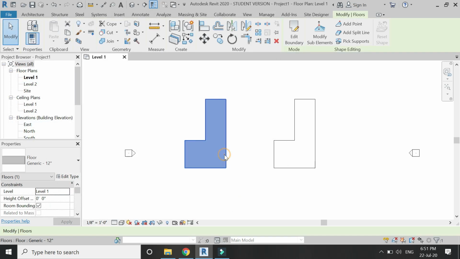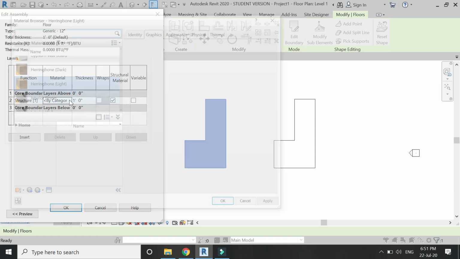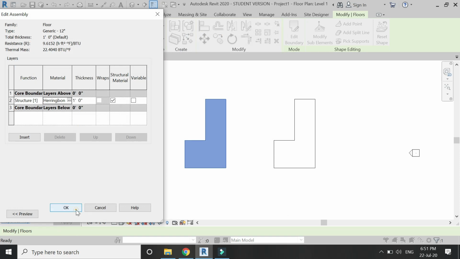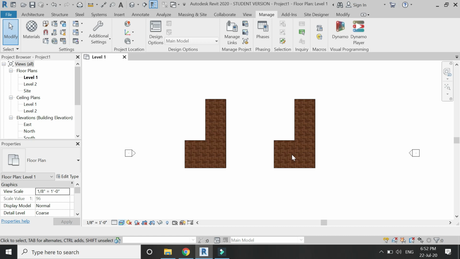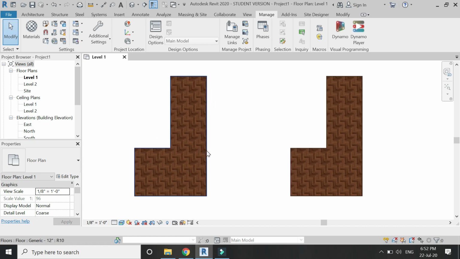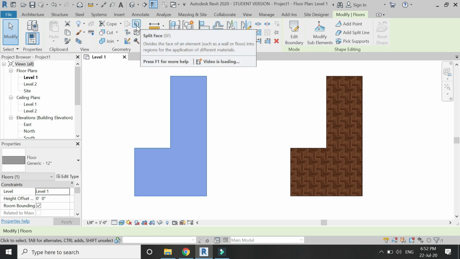Click OK, and now assign these materials to this floor. Now go to the realistic graphic display, and it looks like this as the material has been applied to the floor. Now I'm going to use method 1, which is the split face command,